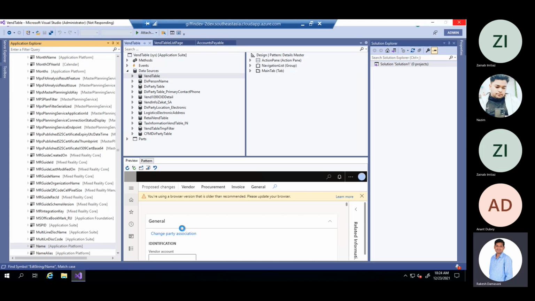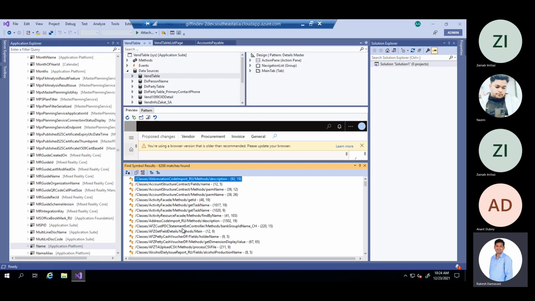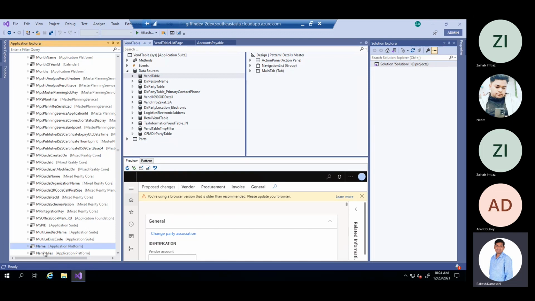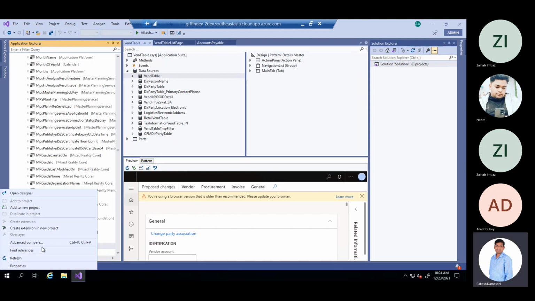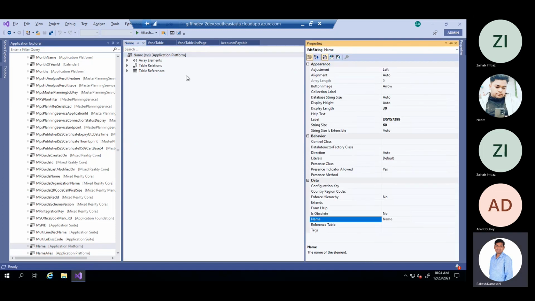Actually, every EDT has some properties, so wherever we use this EDT, these properties will be reflected on that object. Here we have an EDT of type name, and as this is a string type EDT, you can identify the type: it is EDT string.